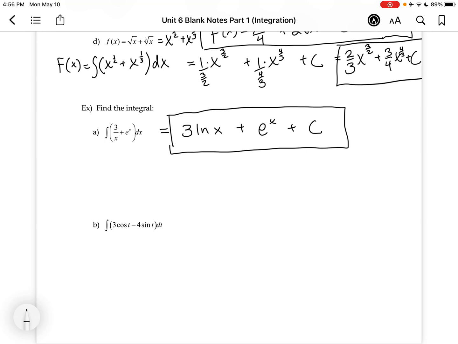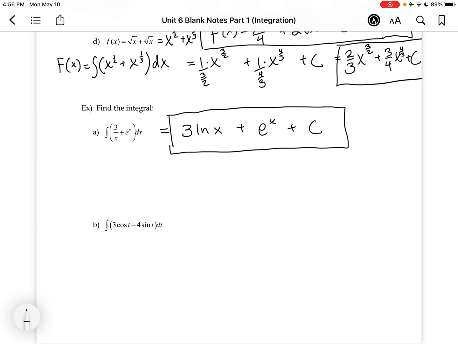Now, one thing that we should talk about with the ln x, and actually we could have talked about it earlier when we did the first example, but I'll talk about it here. I have a little bit of room. You have to consider domain, right? So this function over here, the integral, only has a domain of x greater than 0 because you can't take the ln of a negative value. Whereas the